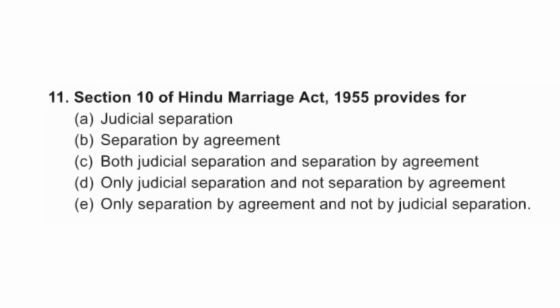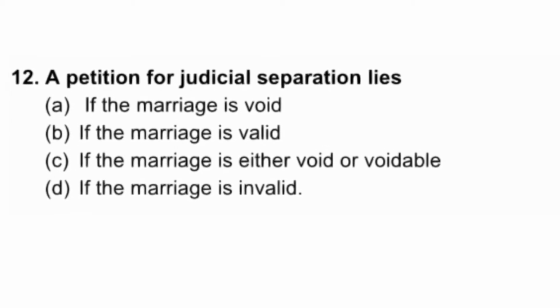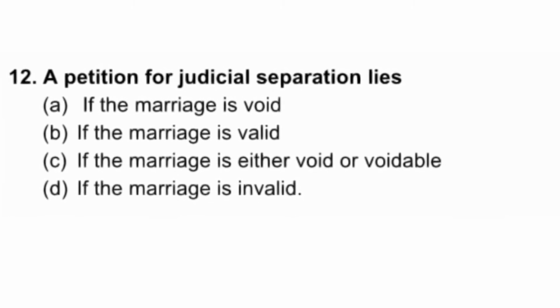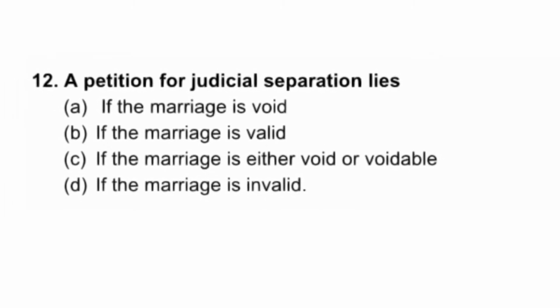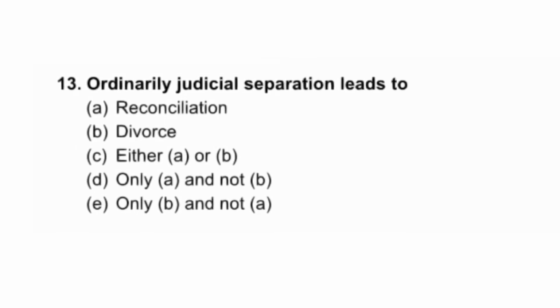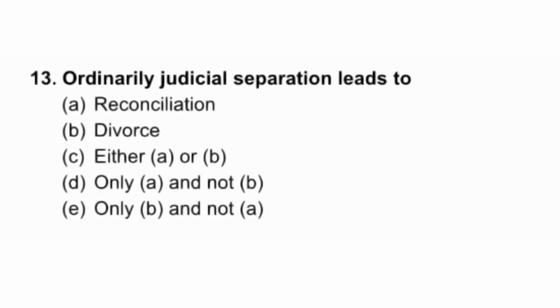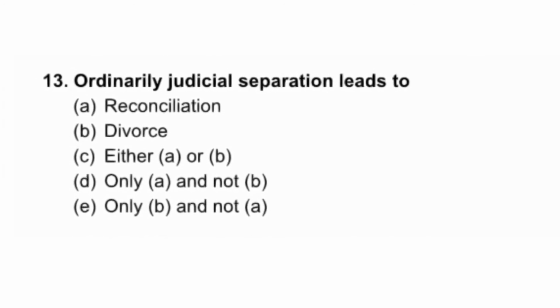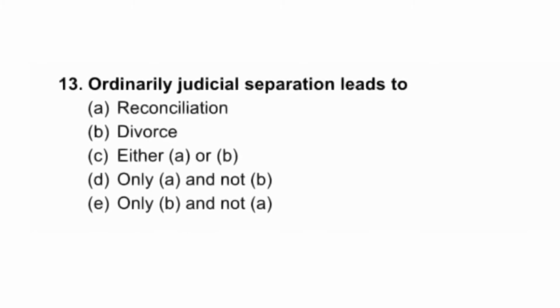Your 12th question is, a petition for judicial separation lies A. if the marriage is void, B. if the marriage is valid, C. if the marriage is either void or voidable, D. if the marriage is invalid। आपका 13th क्वेश्चन है, ऑर्डिनरली जुडिशियल सेपरेशन लीड्स टू A. reconciliation, B. divorce, C. either A or B, D. only A and not B, E. only B and not A।